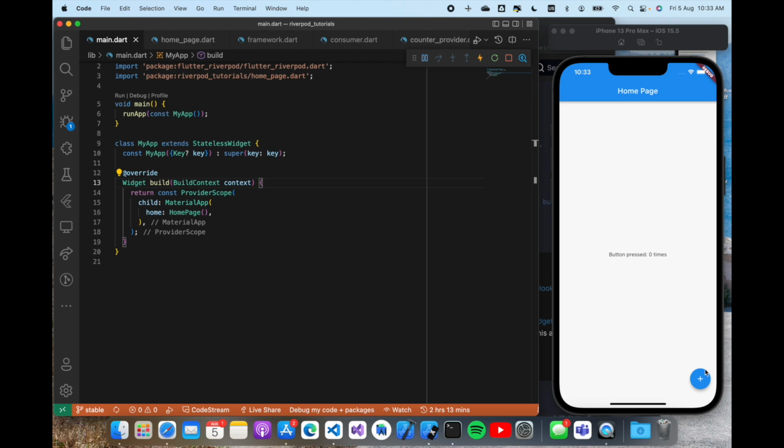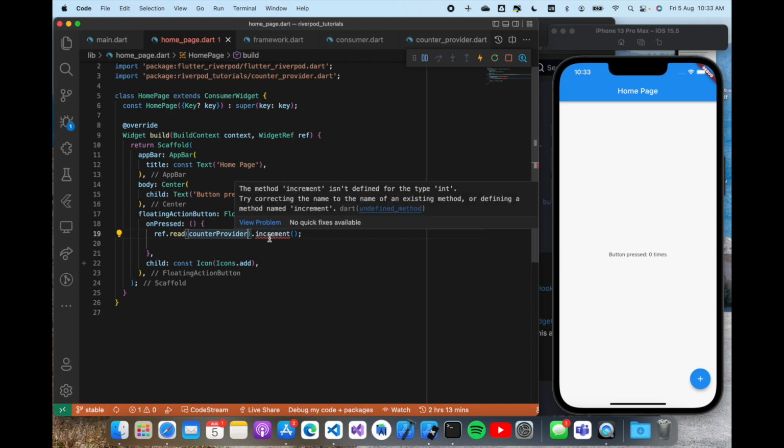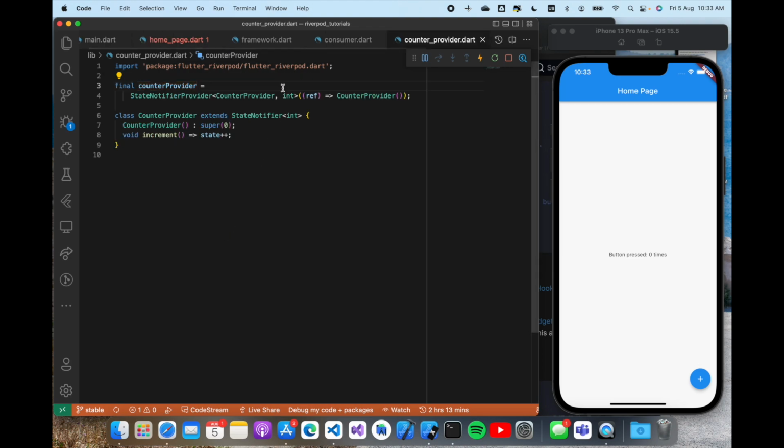So there it is. Once I tap on this button, nothing's happening. It's because we haven't placed the onPressed method there. So here I'll just call that increment method. But since the increment method, let's just go back to provider. Since the increment method is part of the counter provider